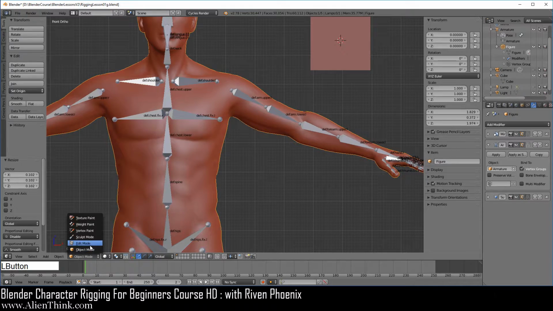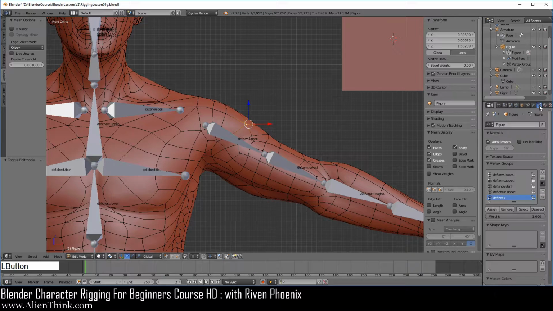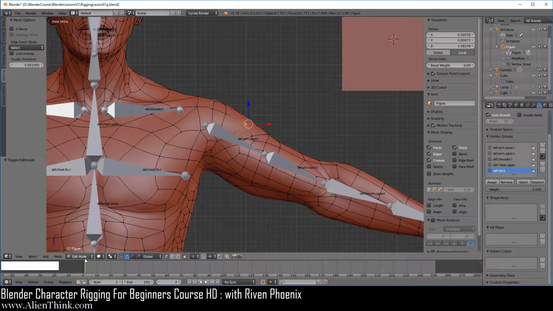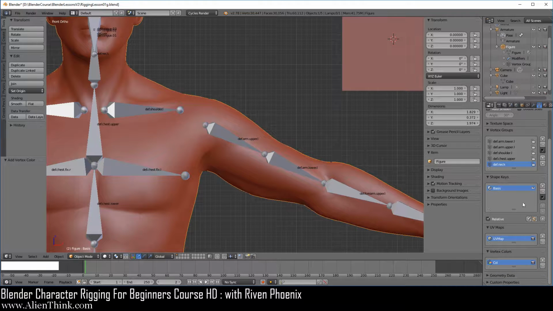Now go ahead and switch to edit mode, and we have this vertex selected. Okay? Now go ahead and click on the data over here. So the information that we are seeing over here belongs to the mesh data block. Okay, so what Blender is going to do is, if you switch to object mode over here, click on the plus sign, click on the plus sign, click on the plus sign, all this information that you're seeing over here is going to get saved in the mesh data block for this figure.